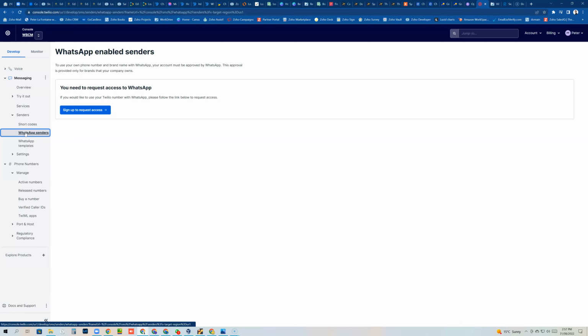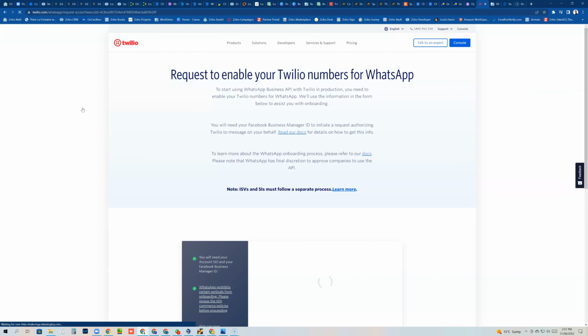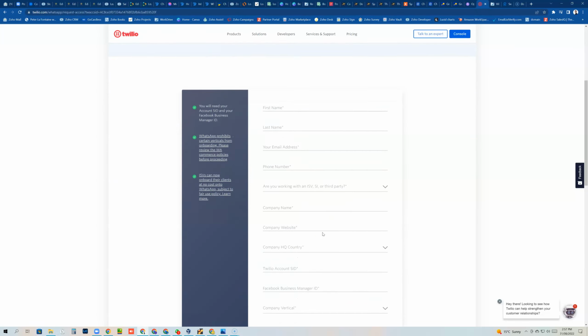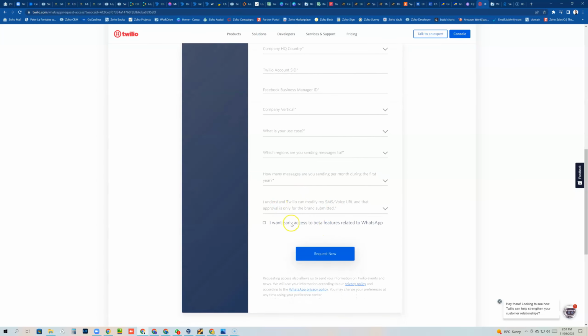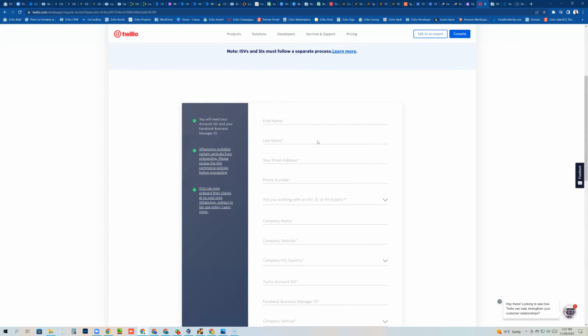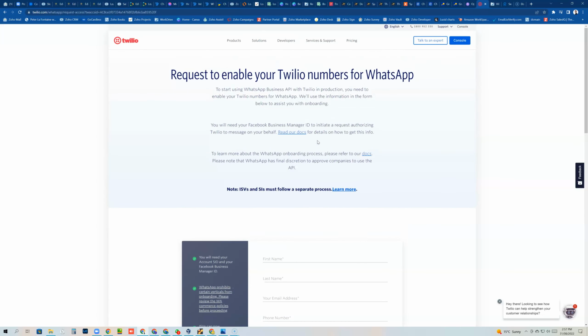Now, if you haven't created a WhatsApp number inside Twilio before, the first thing that you'll be requested to do is sign up. So basically you use this button to sign up, and then you follow the process. You'll be sent to this form, you complete all this information, and then you send that to Twilio, and in about a day or two, more like 2 days,